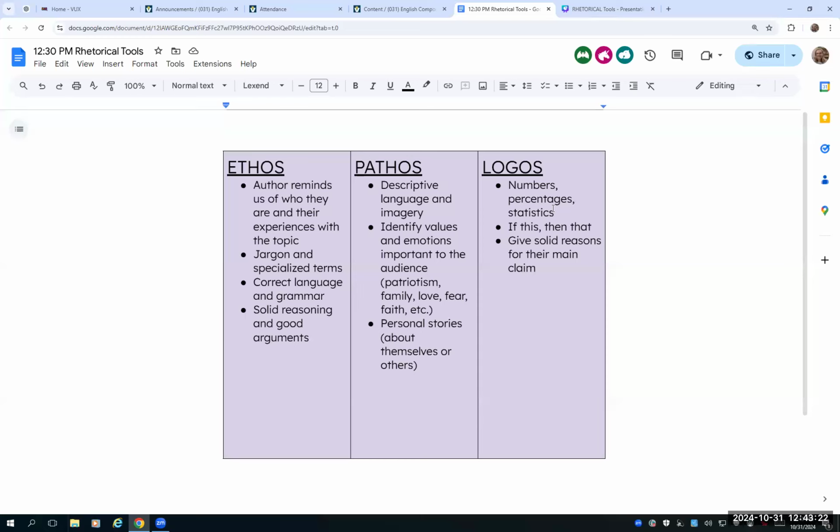Logos, we look for examples of logos in articles by looking for numbers, percentages, statistics. We also look for reasoning statements like, if this certain thing, then that result might happen. Also, anytime they give solid reasons for their main claim, that would be logos. So, using these tools here,